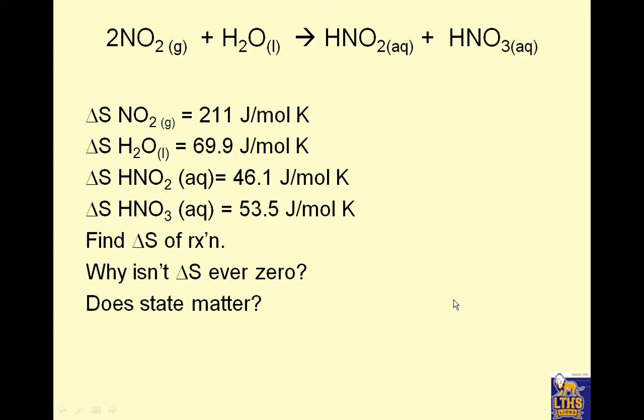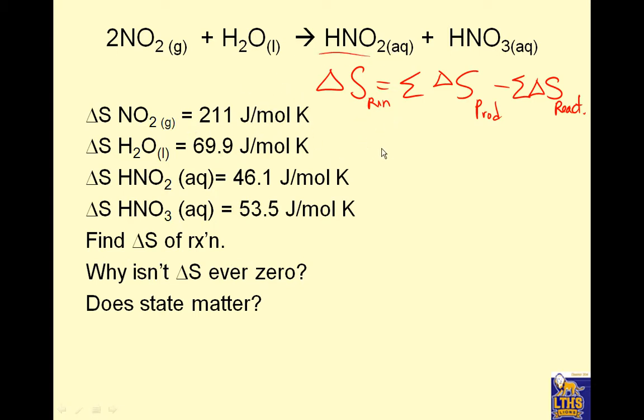Okay, so you might be wondering, how can I calculate delta S? It's very similar to delta H. The delta S of the reaction is going to be the sum of the delta S of the products, make sure you do products, minus the sum of the delta S of the reactants. Very similar to what we've done already, but now we're talking about a different factor, the disorder of the system. So let's see, we have products, HNO2, and that's